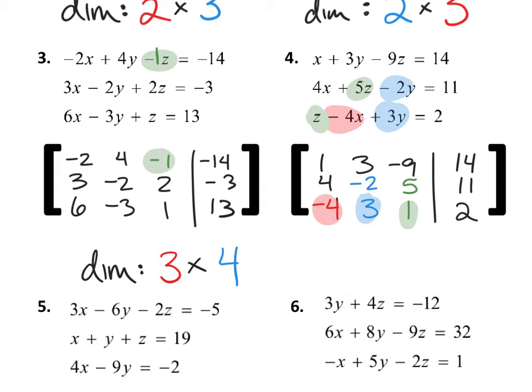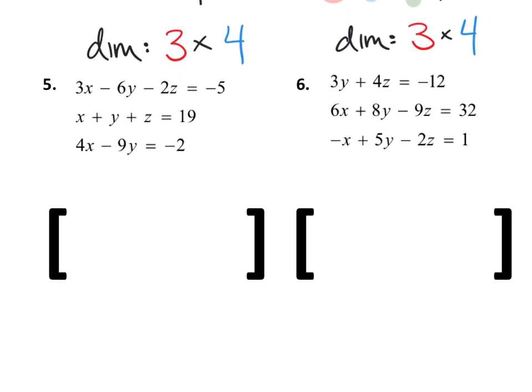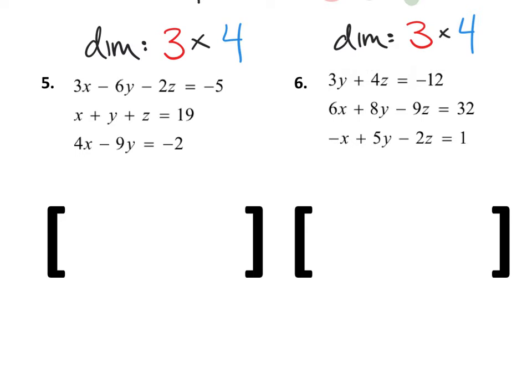See how easy it is to make a silly mistake? Classic. What are the dimensions of this matrix? 3 by 4. That's the one you're going to see the most because we deal with 3 variable systems in this class. So that's going to be the most popular dimensions right there, 3 by 4. I'll do example 5 with you and then you'll have number 6. If I were writing the matrix for number 5, it would be 3, -6, -2, -5, 1, 1, 1, 19,